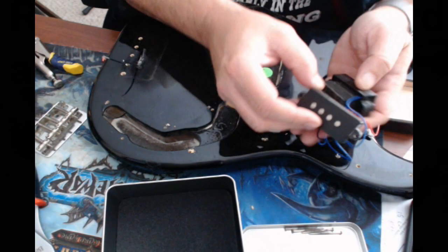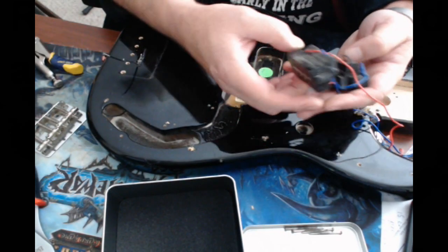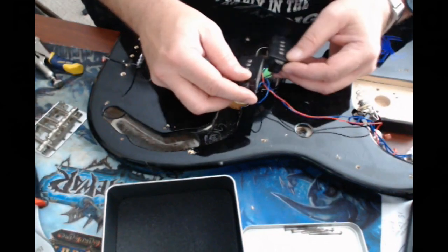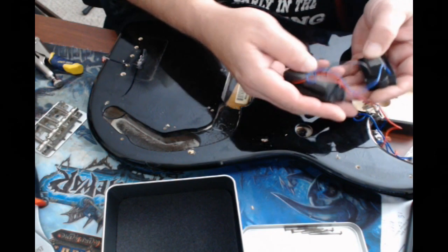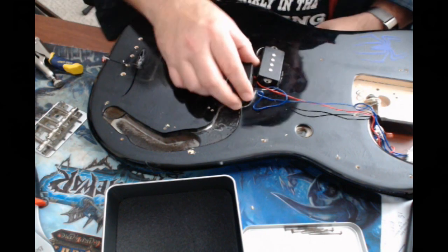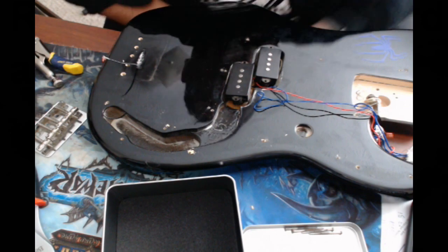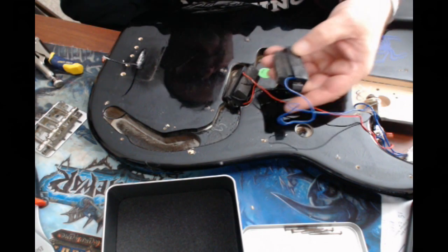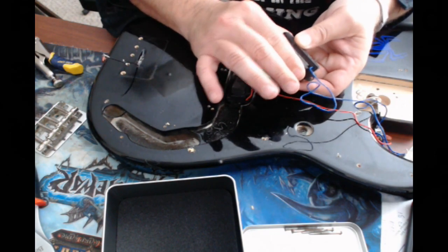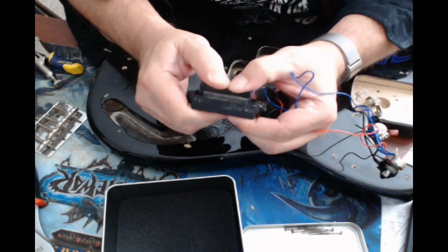These are the actual pickups, and as I told you earlier, they're daisy chained together so that the signals pass through. I suspect that, again, and as you can see here, and this is important too, what a lot of people don't know, what I was getting at earlier, is these generally sit on springs. And Fender didn't actually install springs in these, they used foam, little foam blocks. And these little foam blocks act as the mechanism to control the height of the pickup. As you can see, it depresses down rather nicely